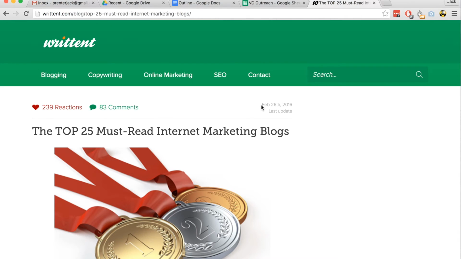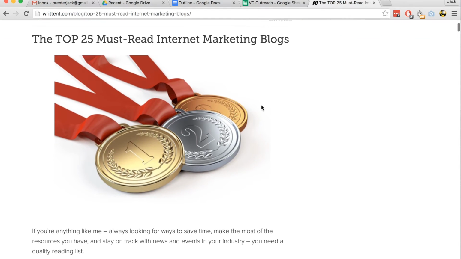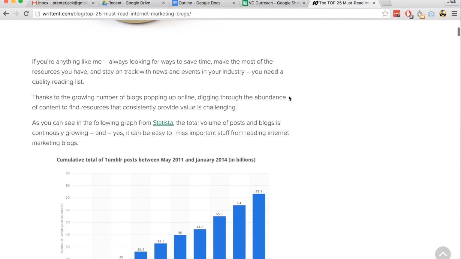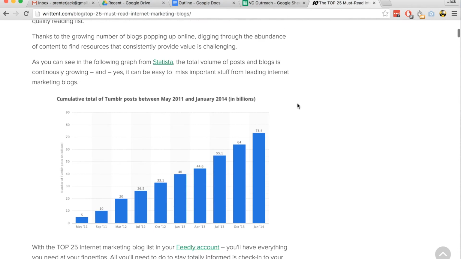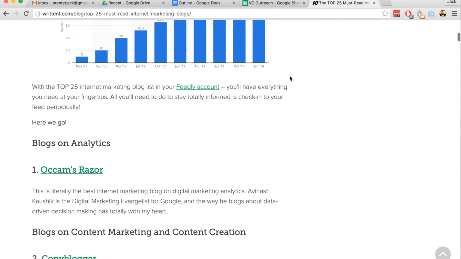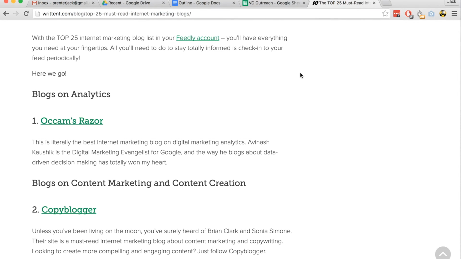Another really great strategy which I like to use personally is what's known as the roundup, or a top 10 list. All it is essentially is creating a list of must-read or must-see content or something similar within your industry, then reaching out to the people you've included in the list and hoping that they link back to it. This is a really good example by Written.com, and they did a post on the top 25